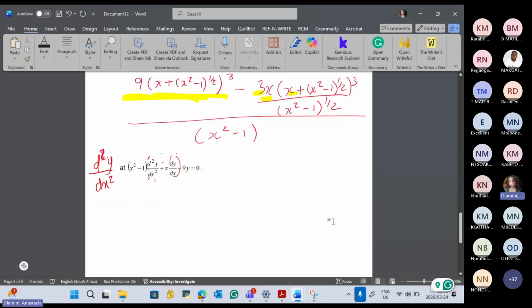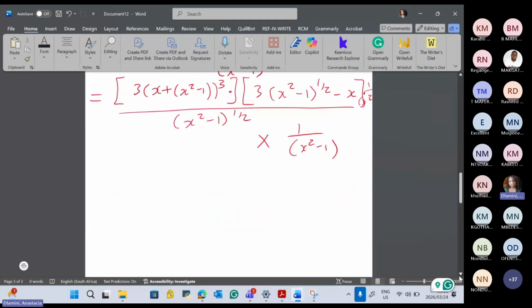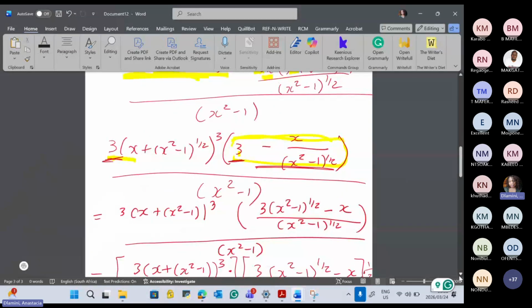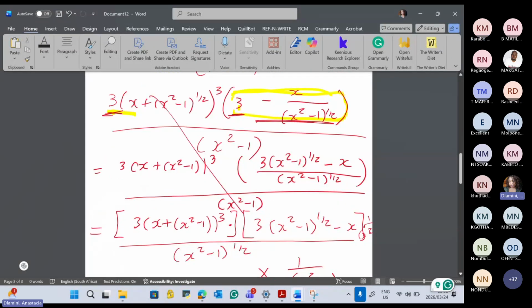You see? So meaning the second derivative is this one. Do you see that? If we leave it here instead of simplifying, this whole simplification is just complicating everything. If we only end at this step over here,